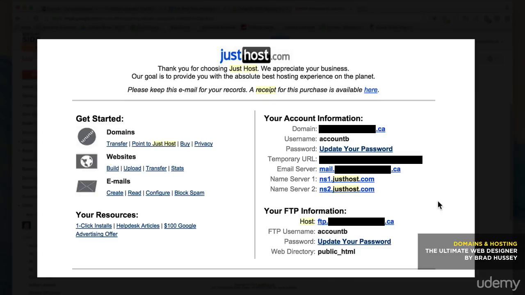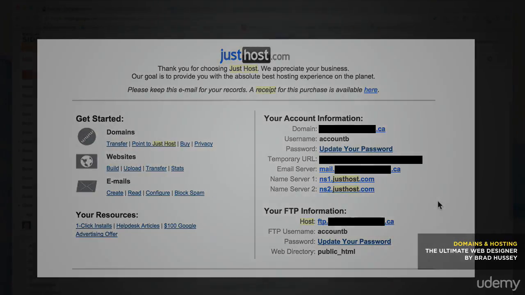Good to know. Because when you open up an FTP client, you need to be able to access it using your FTP information. And when you went through that process, it asked you to create an account. So obviously make note of your password, and that will also be the password for your FTP. You can change your FTP password, and you can add new FTP accounts later, but you're going to need to keep that information for when we log into our FTP client or our website via the FTP client. And I'll explain that in a moment.